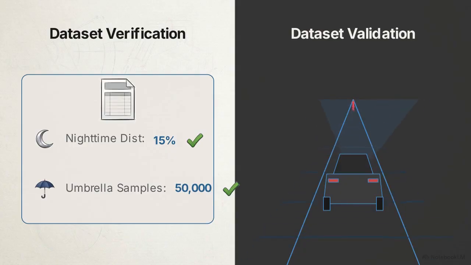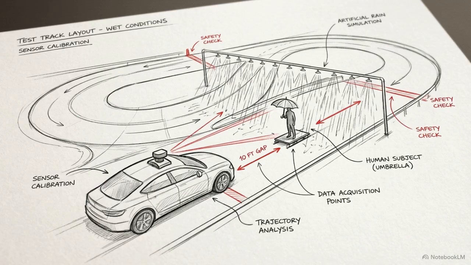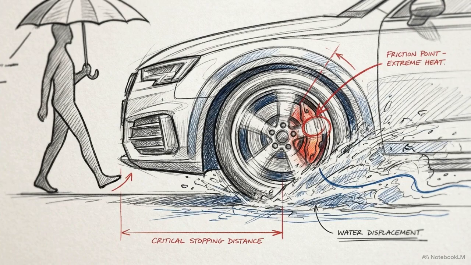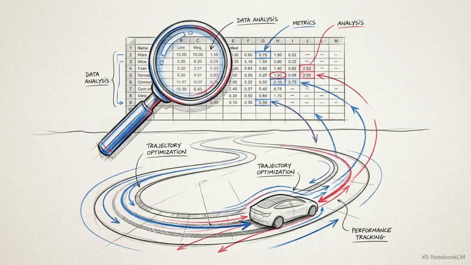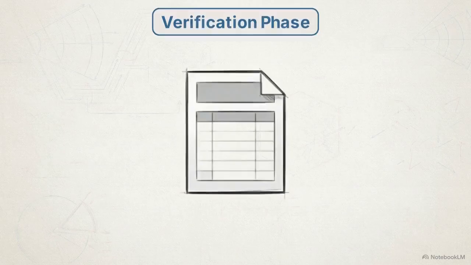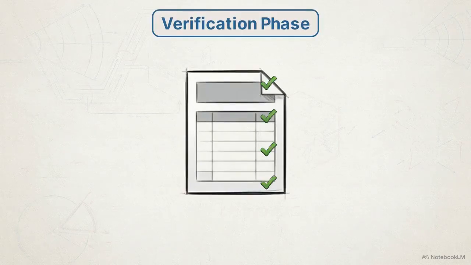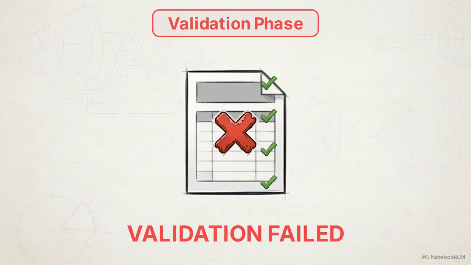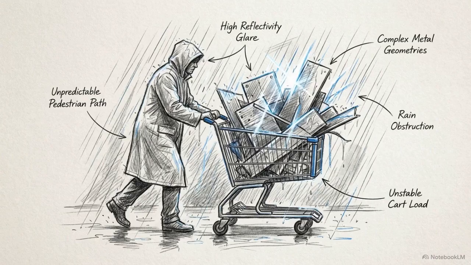Step 6 is validation. A dynamic hardware-in-the-loop simulation runs the model in a complete system. In validation, we deploy the AEB model into a wet track integration test to observe if the vehicle actually issues a timely braking command when encountering a pedestrian. Verification asks, did we build the data right? Validation asks, did we build the right data for the safety goal? A dataset can pass every statistical check in verification, but still fail validation if the initial requirements failed to capture the true physical complexity of the hazard.